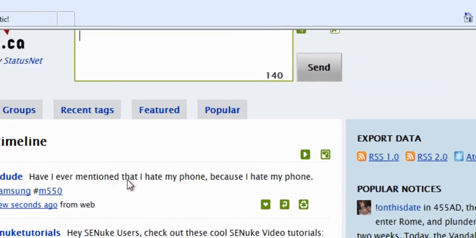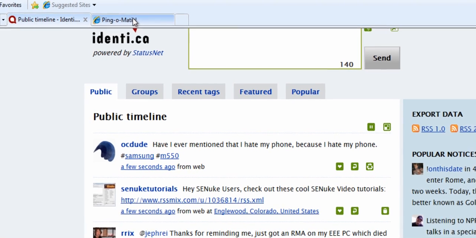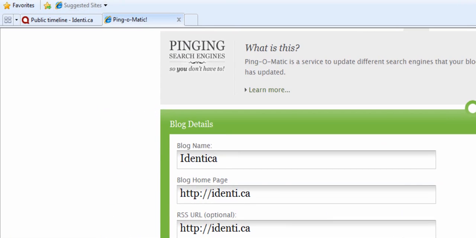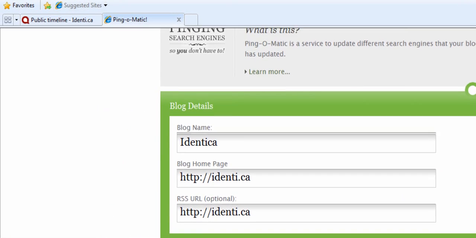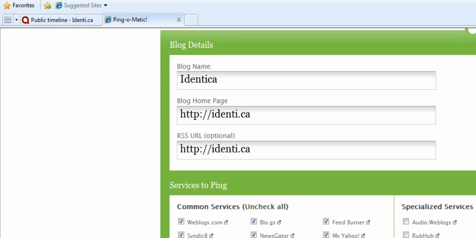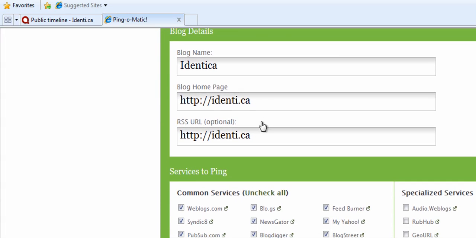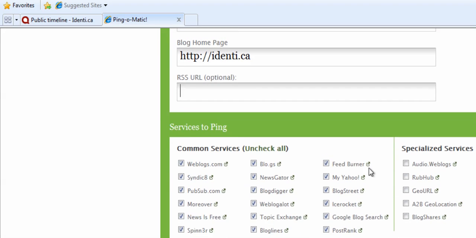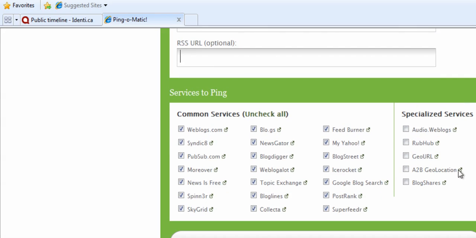So pretty quickly, while it's on here, we're just going to ping this. So we're going to go to pingomatic.com. You've probably heard of that. Quickly, blog name, Identica, blog homepage, and RSS URL. I could actually just get rid of that, but just identi.ca. Common services, I just check all these ones. You can do these ones, but only if you know what you're doing, because most sites don't go for those ones. Hit send pings,